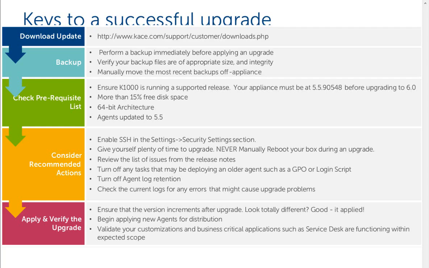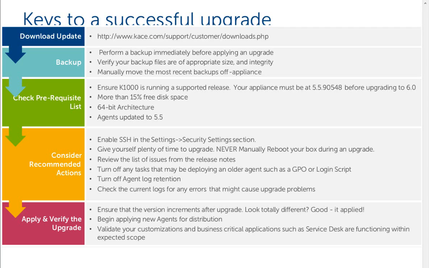And as you're probably aware, the K1000 generates its own backup files each and every night and stores them on available disk space on the K1000 itself. So what we'd like to do is go grab a copy of those and store them somewhere else inside of our network, and we can easily do that through the K1000 web UI. So that's the first step. Make sure we've got good backups stored somewhere else so that we have a sort of disaster recovery mode